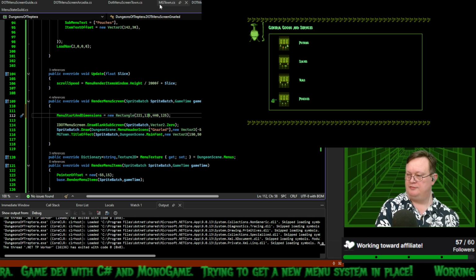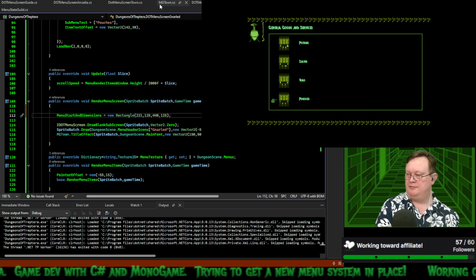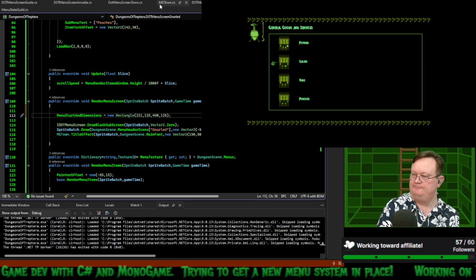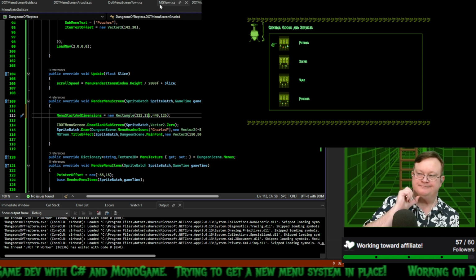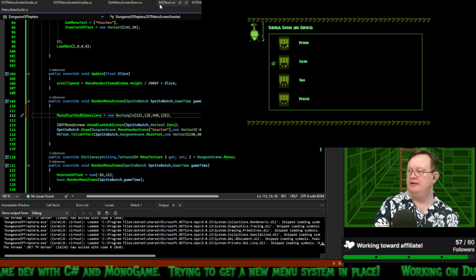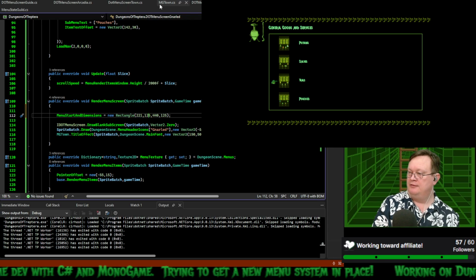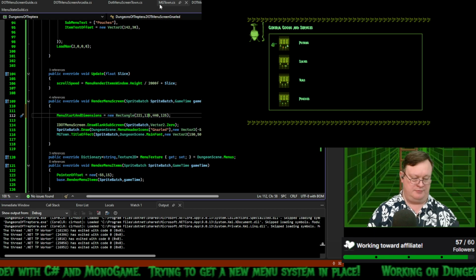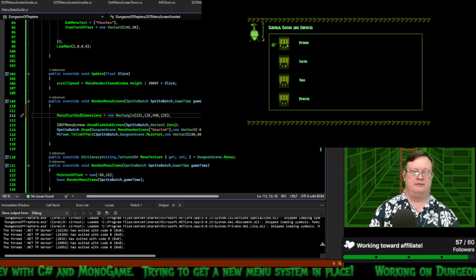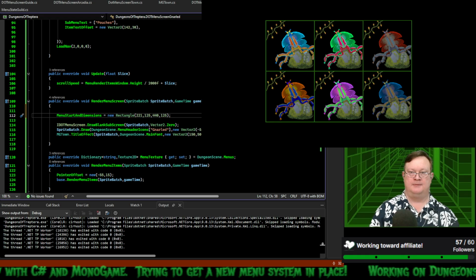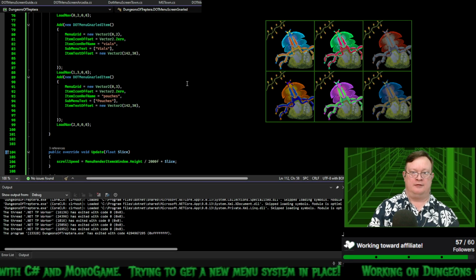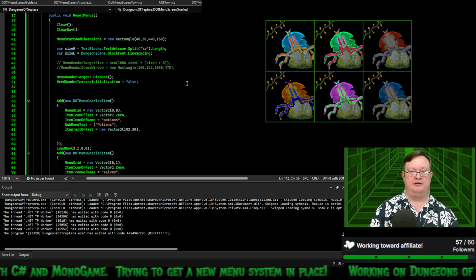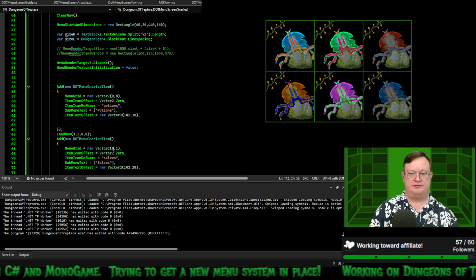Potions. And really, there should be is potions